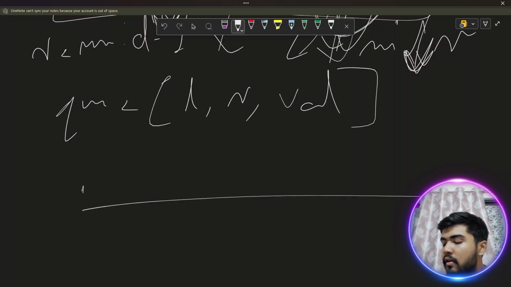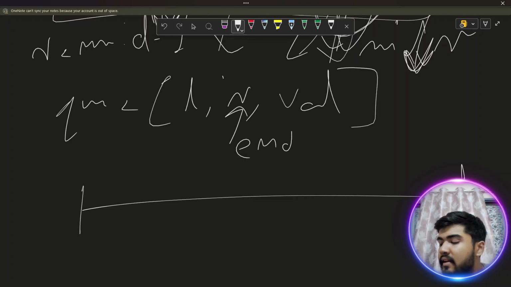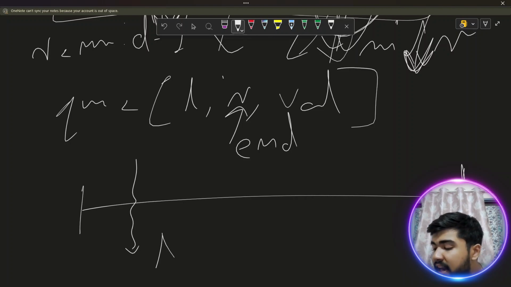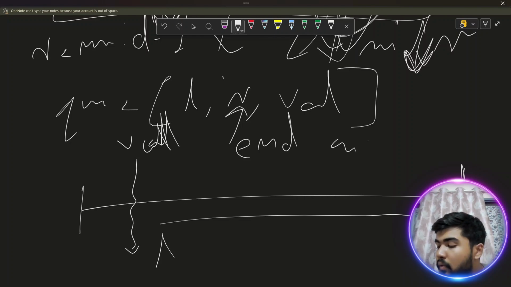Now this is your nums array. Now let's suppose your right is always the very end. So that means starting from this, let's suppose your left is here. So starting from this left to the very end, you are able to decrease the elements by an amount of val at max. Again, let's suppose there is another query with some L dash, R dash and val dash, and I am considering